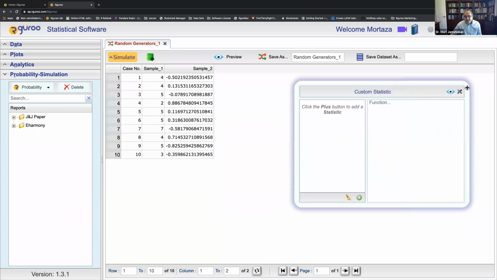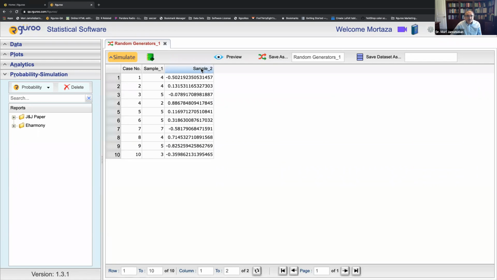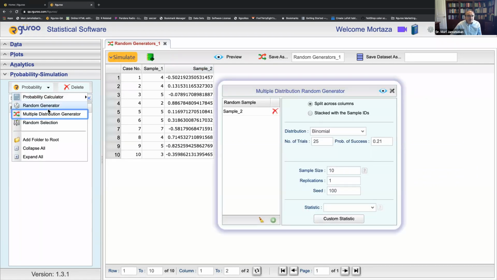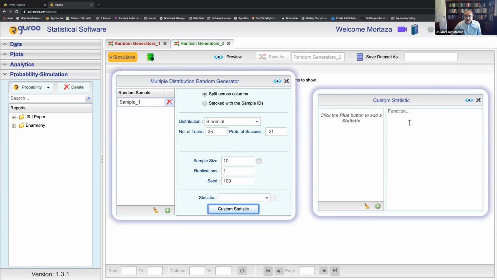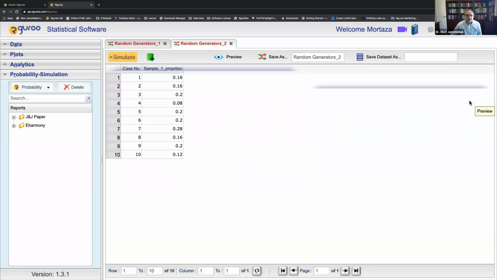Okay, I'm having a little bit of trouble with this. Let me just go ahead and redo this. Okay, let me add this. I'm going to do a binomial, and I'm going to do number of trials is 25, probability of success is 0.21. And I'm going to do a custom statistic, which is going to be the proportion, which is x over 25. There we go. All right. Sorry, this is our test site, and for some reason I must have done something incorrectly in the